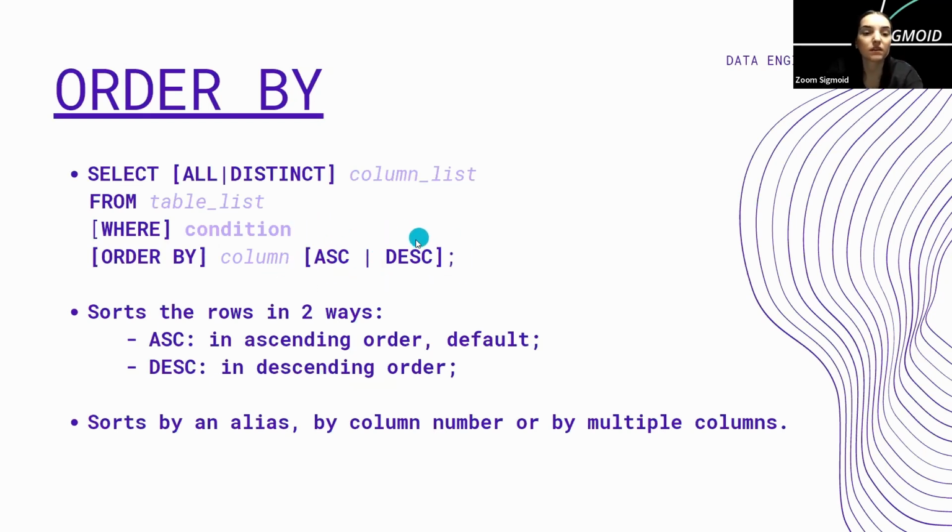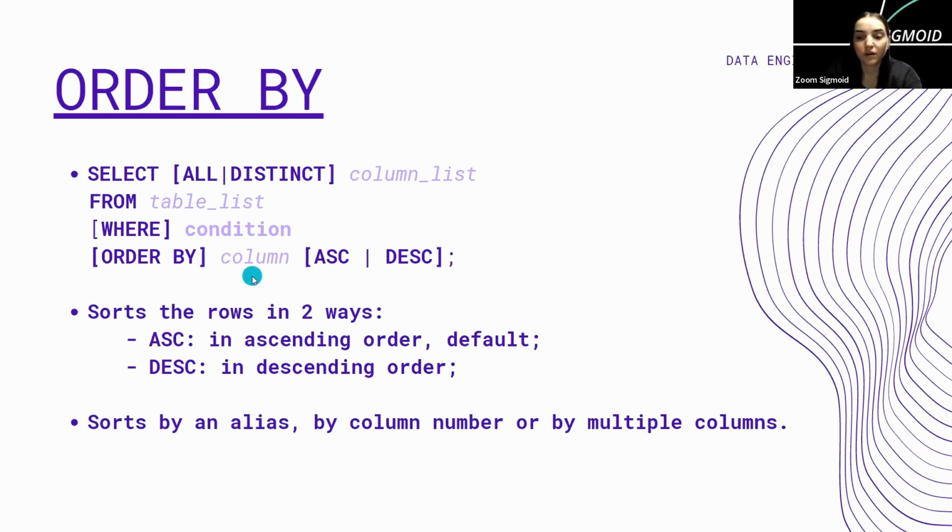I have to mention that ascending order is the default, while for descending order you have to mention it. When we have multiple columns, for example, you have order by first name and last name, rows with the same